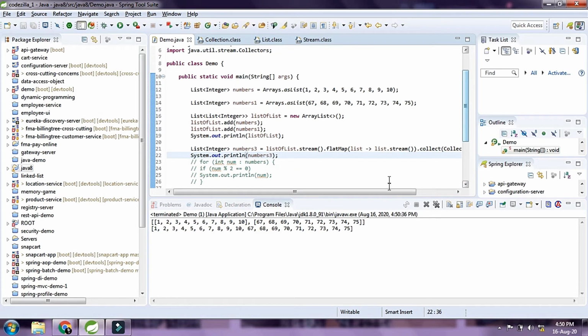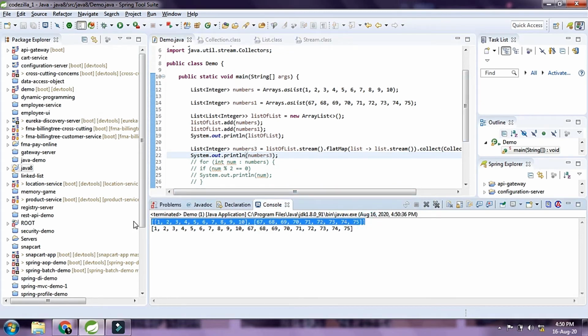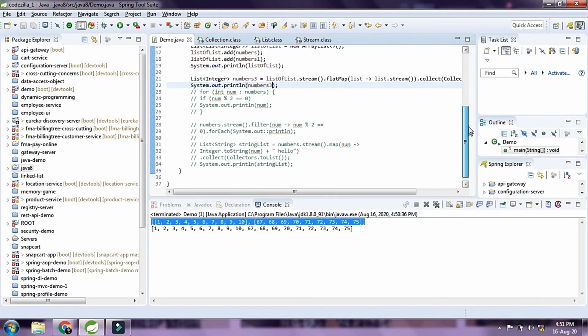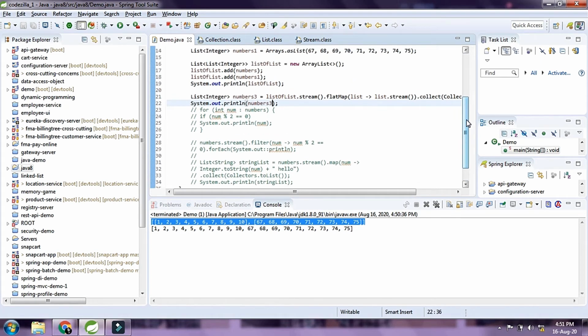So we can see this list of lists has been converted into a single list, and it has been flattened. The lists inside this outer list have been flattened and pushed inside a single list, right? So if you're dealing with complex structures such as this one, we can use the flat map functionality of streams to flatten the structures and reduce them down to a structure that is more easily comprehensible,